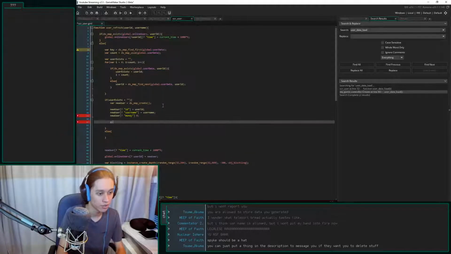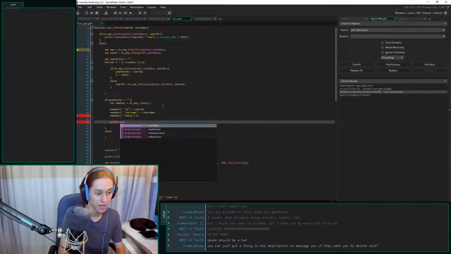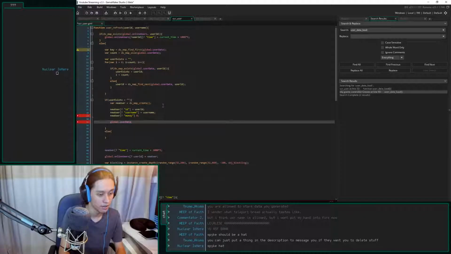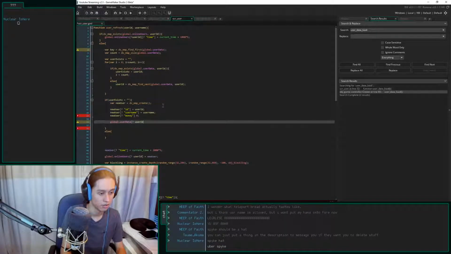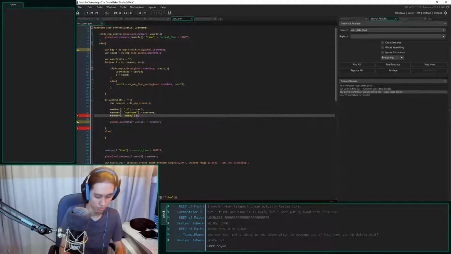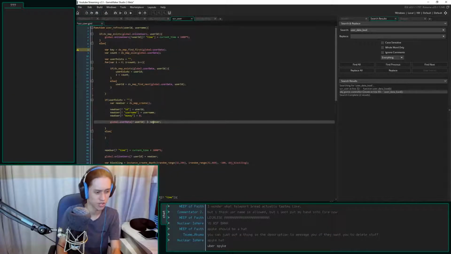And then I'm going to want to put this into the global user database. Global.userdata, user ID equals the new user that I've created. Why are you not lining up? Oh, that's right. I missed an equal sign there.